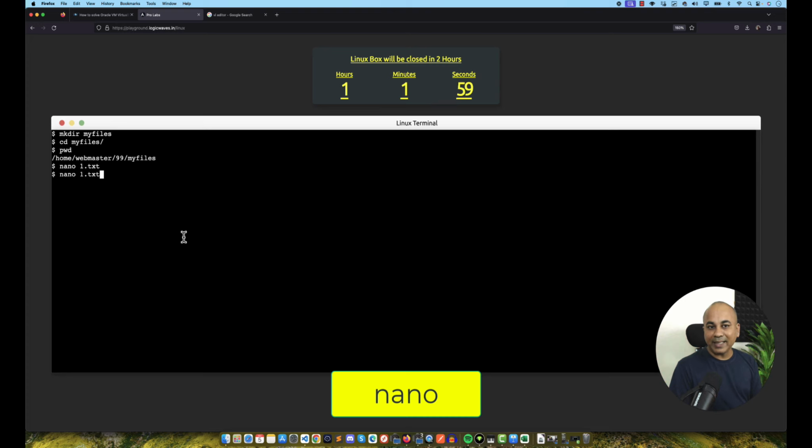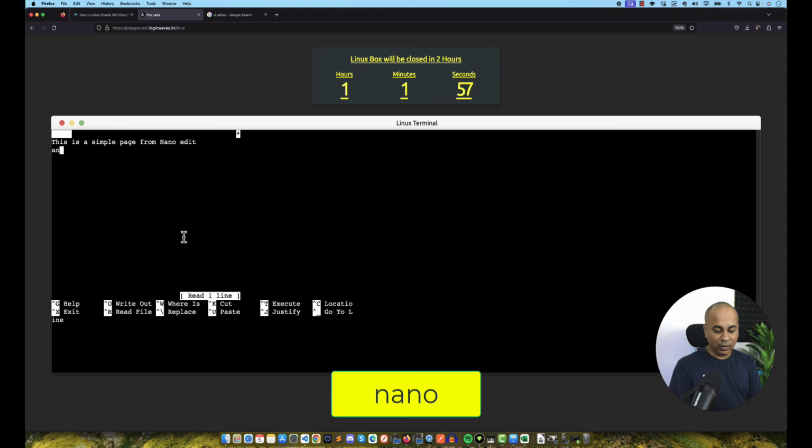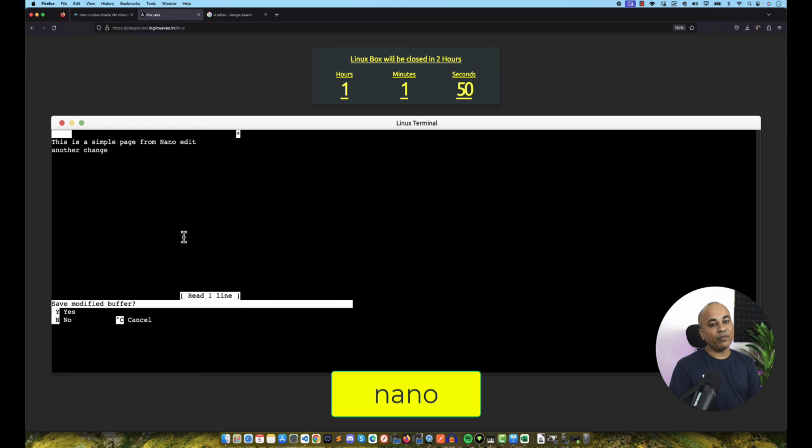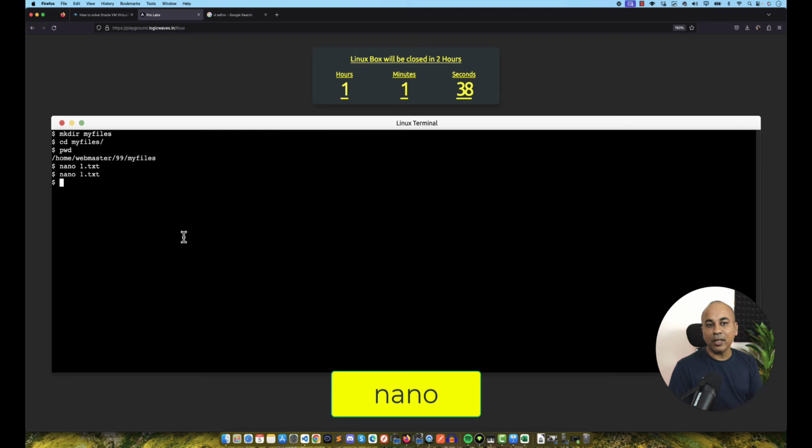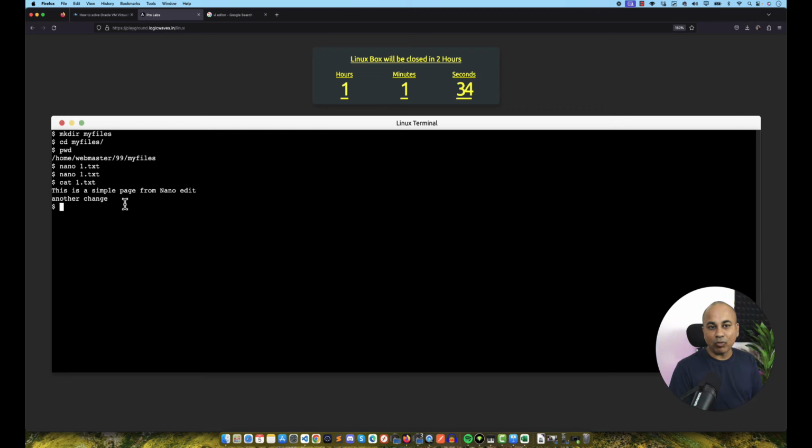Or you can modify something else, and then you can directly say Control X to exit, and it will ask, would you like to save the file? Now the terminology is a little different. It says save modified buffer. This is Linux language against what we have seen in Windows. Would you like to save the file? So I'll say yes and hit enter, and I can now say cat 1.txt and I can see the content of the file. So Nano is the editor we are going to use very heavily later in the future